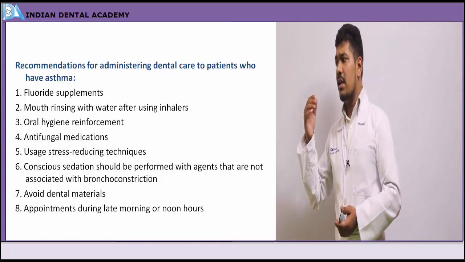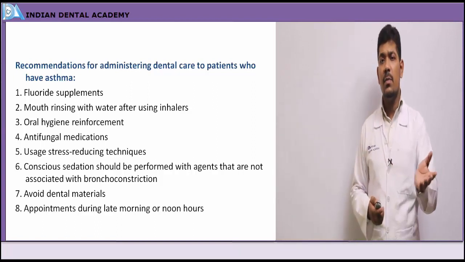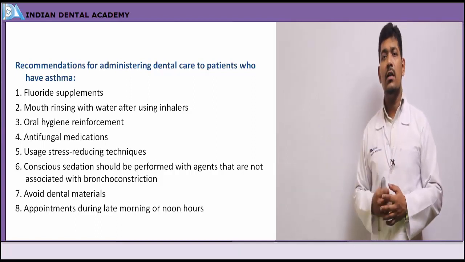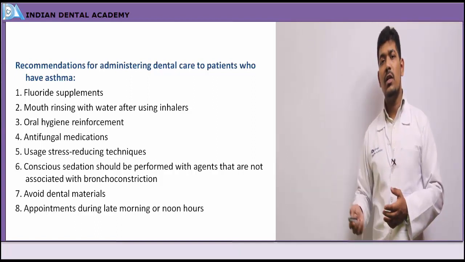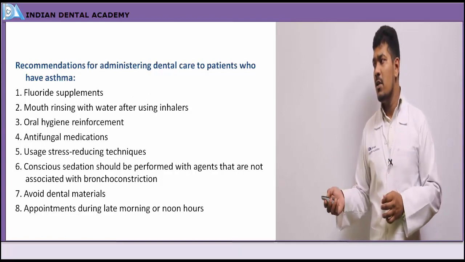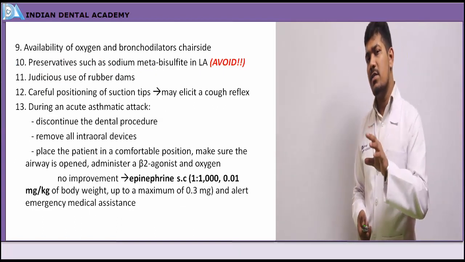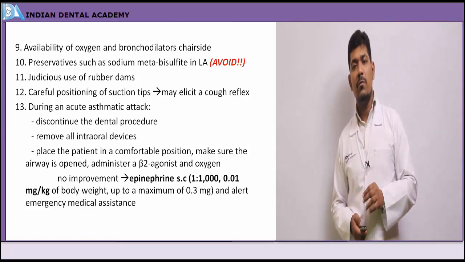Also antifungal agents, avoiding triggering dental materials, and pushing the appointments to less stressful hours, such as early mornings or early noon. So all these have to be avoided or taken care of, the recommendations for dental treatment of an asthmatic